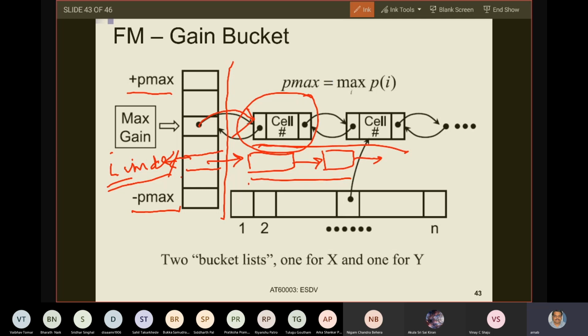Because for all the remaining tasks, their gains can change and their position in the linked list, their position in this data structure, will change. However, each such repositioning due to the change of gain takes an O(1) operation. So when you have done one move, you can have at most n-1 neighbors for which you have to change the gains. After you have changed the gain of each of them, you have to move it to its correct position in the linked list. For each of them, you will require a constant time operation. This is what I am trying to point to.